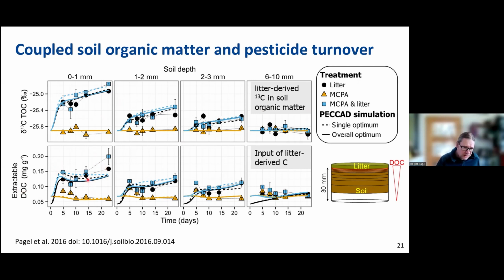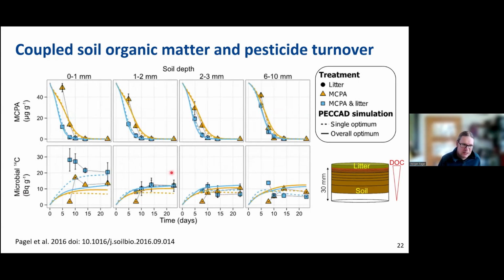We can also simulate, of course, the dissolved organic carbon in the different layers at certain time points and simulate that quite well. And if we look at the residual pesticide concentration in the soil, we can see that with litter addition, we have an accelerated degradation of the pesticide, especially close to the litter layer, and this diminishes in that direction, if you get lower down the soil core, that means if you have a lower input of dissolved organic carbon